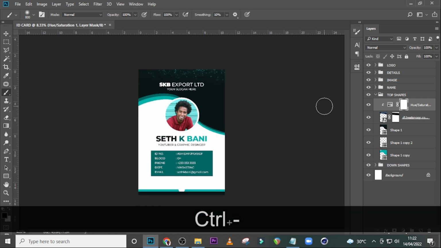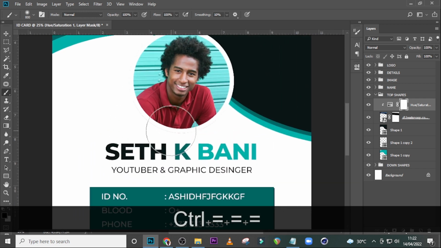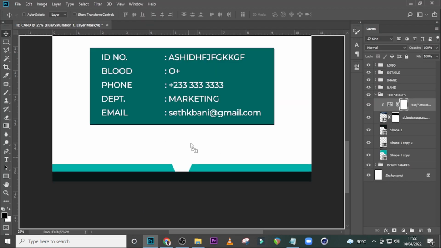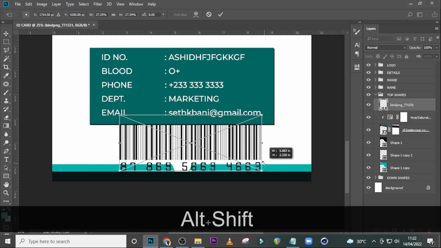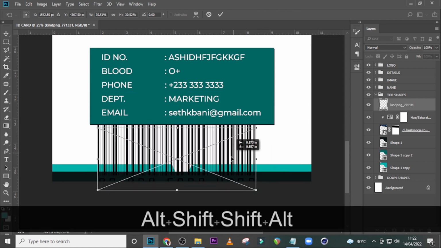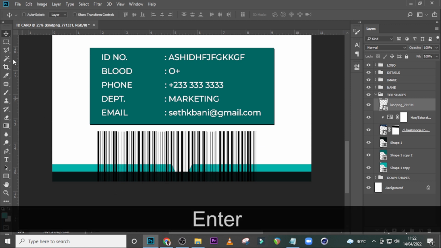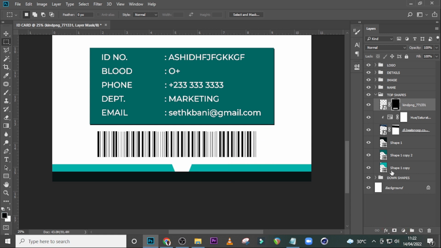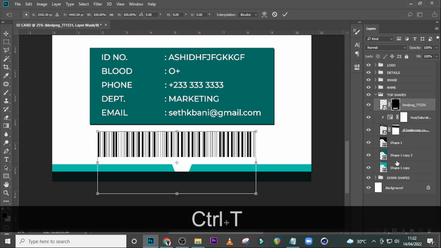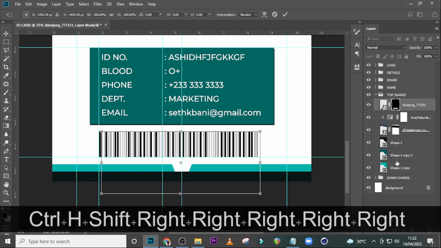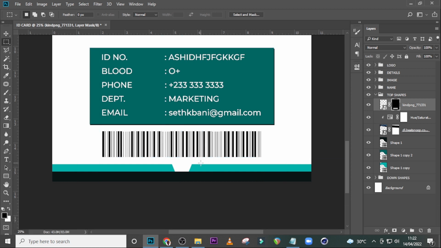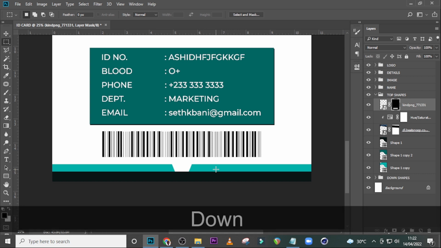We are almost done. One more thing over here. Now if you have a barcode as well, you can just drag it in there, something like this. Pick your marquee tool and then select it like that, and then just, you know, now you also want to make sure it is middle aligned as well. Everything needs to be aligned, and you also need to make sure the distance between here and here is the same distance between here and here. Okay,